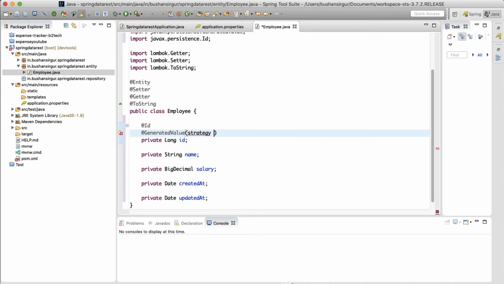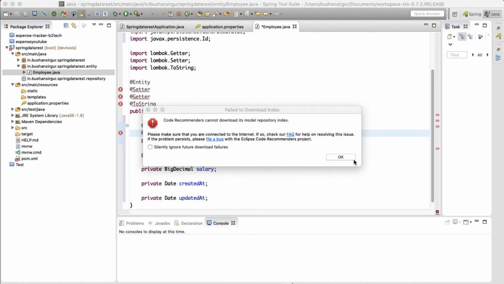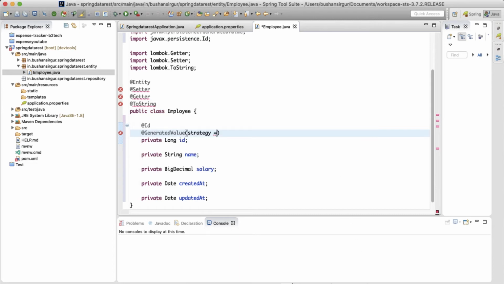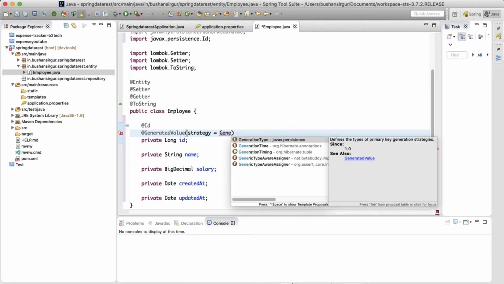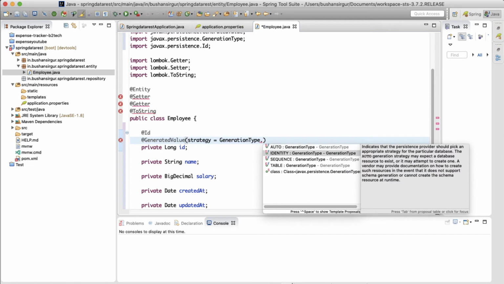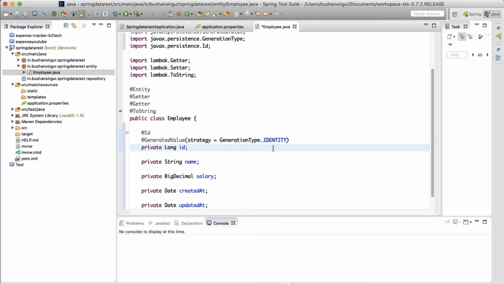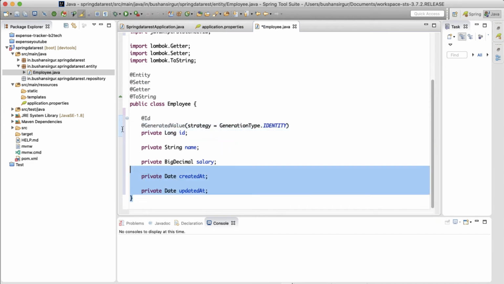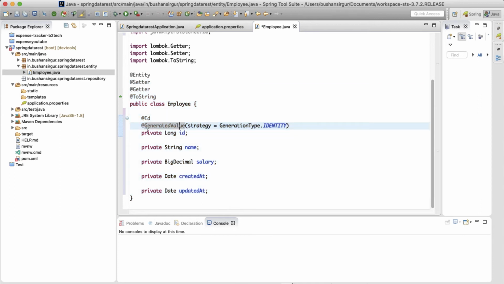Strategy equals GenerationType, I'll set this to IDENTITY. Okay, so now we have created an entity class with the 5 fields: id, name, salary, createdAt, and updatedAt.